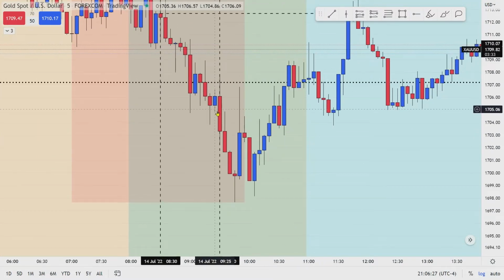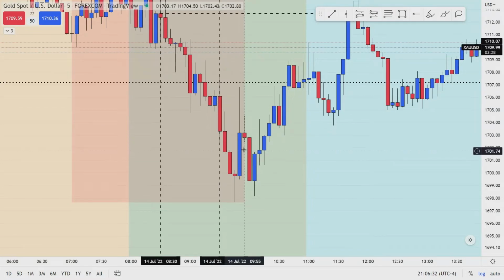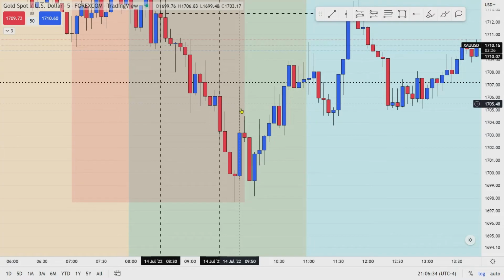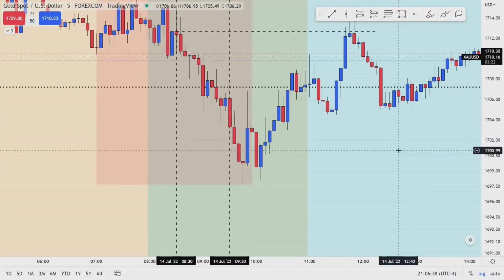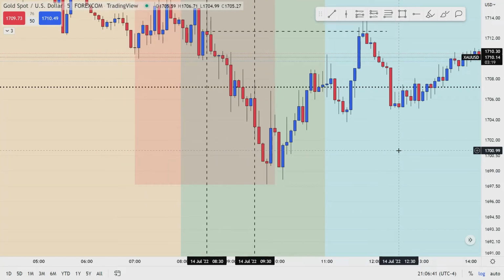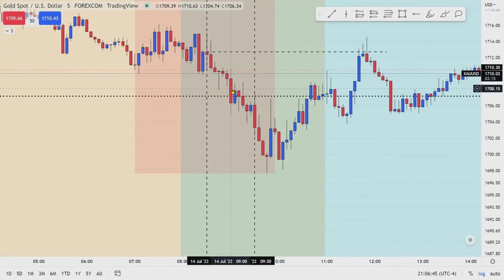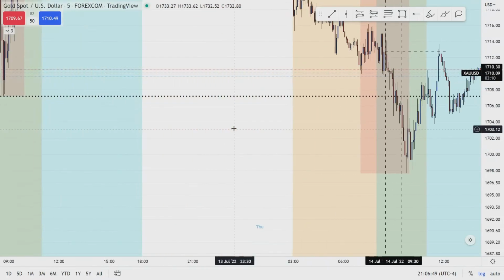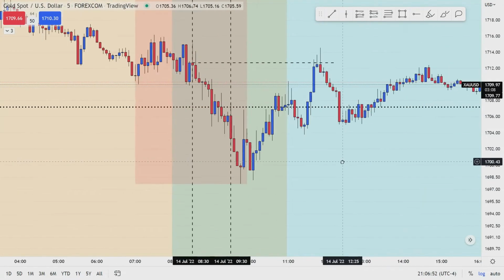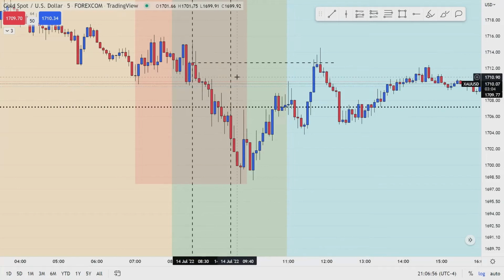And after this, since there weren't any big news at 9:30, I was just waiting to see what happened. If it was going to continue down, I was looking for a setup to tell me that it was going to continue down. And if it was going to reverse, I was also looking for a setup that was going to tell me it was going to reverse. And so as price was below that previous low from the day before, and also as price was below opening price, meaning it was in a discount market,